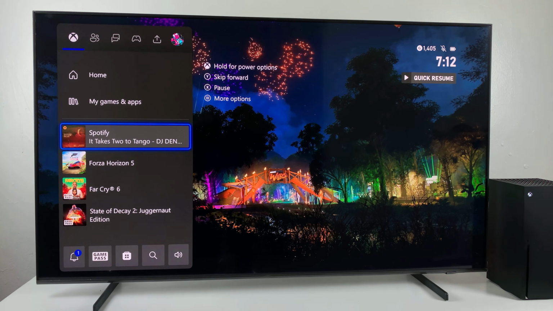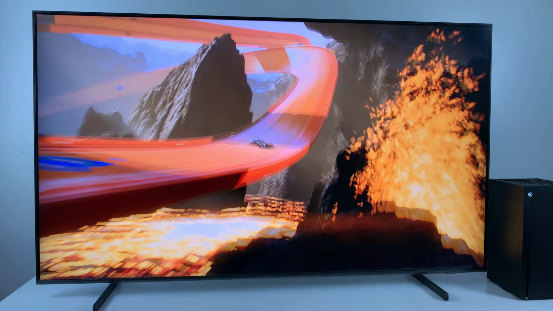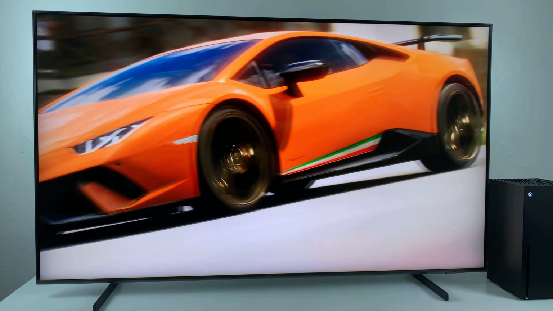So that's basically it on how to listen to your music when you're playing your games on the Xbox Series